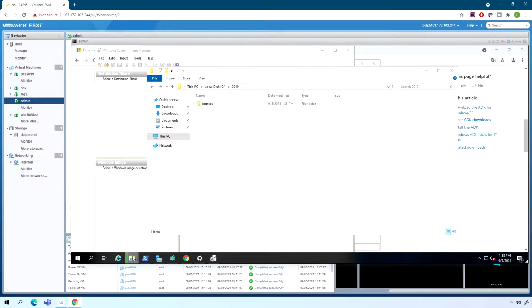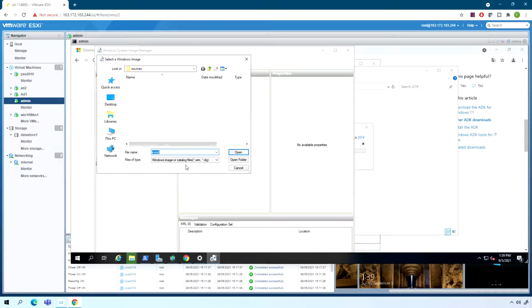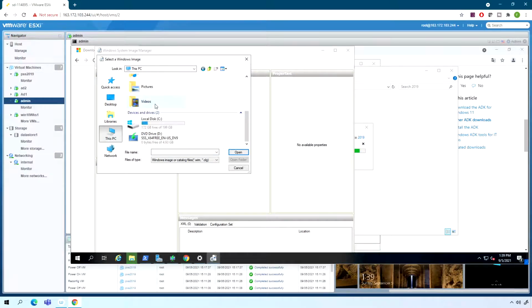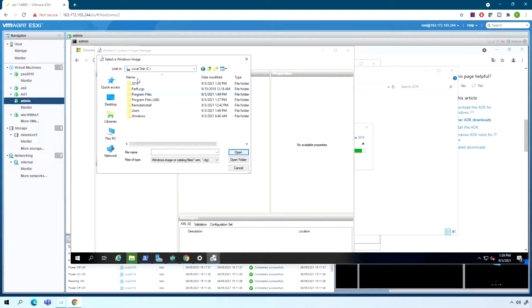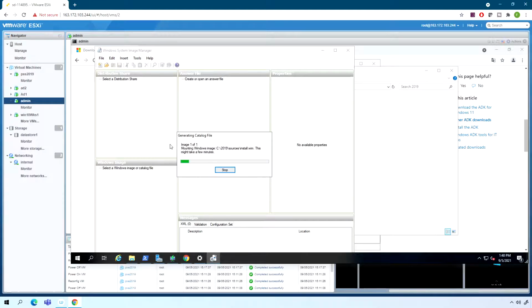So let's wait a minute, and when it's finished, we're going to resume the lab. Okay, let's go to my select image. Let's go to my C drive, then source, and install that one. Open, and that's it. He's creating the catalog file here, and after that I can create a new